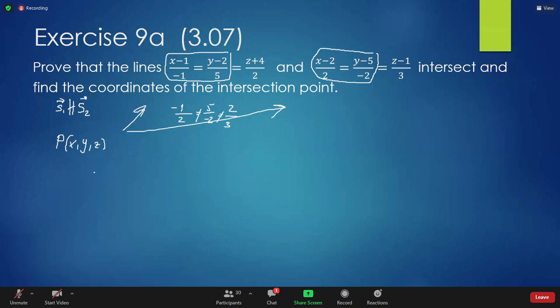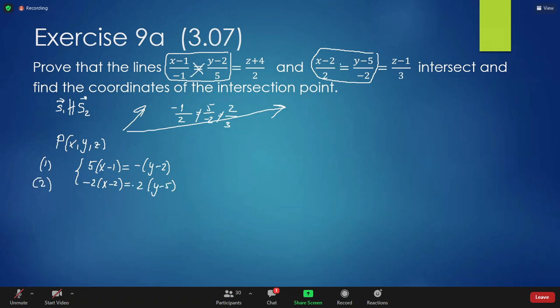Let's try it. So let's take from the first line, we get 5 times (x minus 1) equals minus (y minus 2). Remember that we can cross multiply a proportion. And then from the second line, we would have minus 2 times (x minus 2) equals 2 times (y minus 5). That's from the second line. I'm simply taking the first two coordinates and applying the property of proportion. If you multiply diagonally, then of course the two products should be